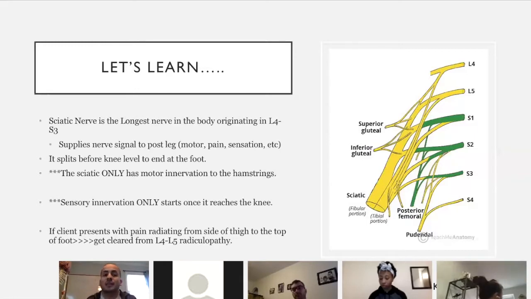It's not going to be a sciatic nerve. So now you know you're going to cross that out. But if they also come to you and say, oh, my hamstrings, for whatever reason lately, they just feel numb. So now if you take a look at the picture on your right,